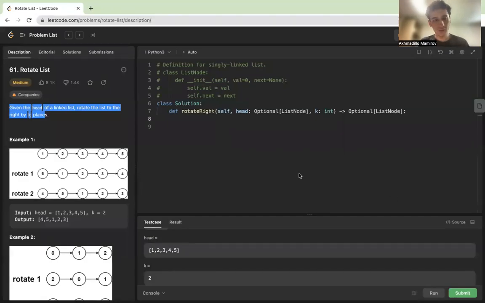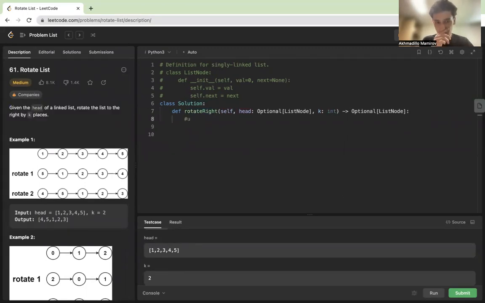Hello and welcome everyone. Today we are solving the question rotate list. So let's get started. Given the head of a linked list, rotate the list to the right by k places. All right. So we're given a linked list in this question and we want to rotate it by k places